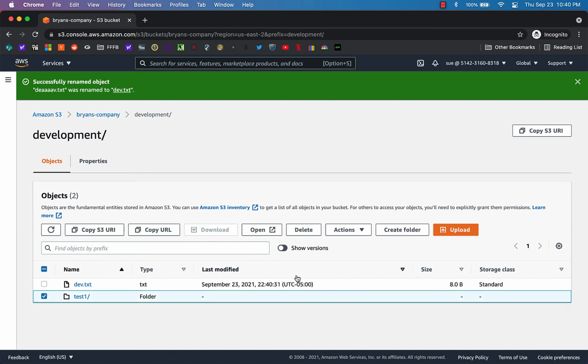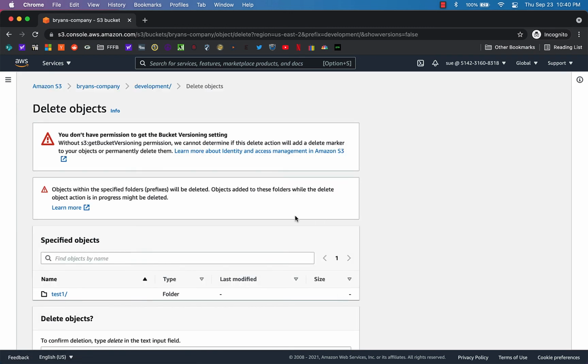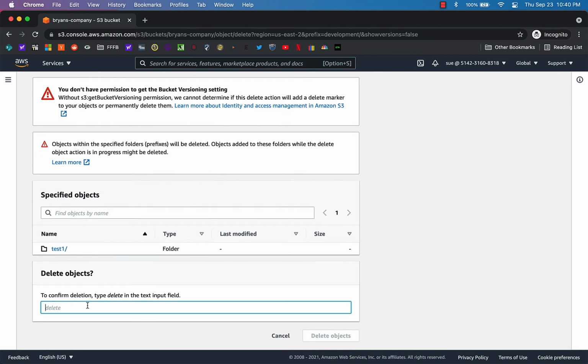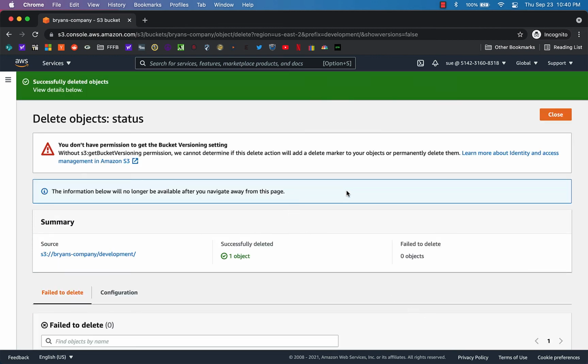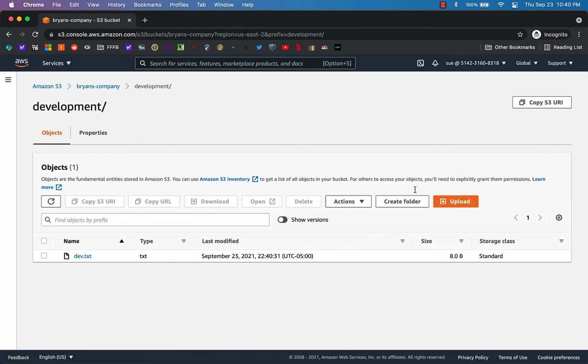If I try to delete the folder, it tells me I don't have access to the bucket versioning, but it looks like it's still allowing me to delete that object. Okay, so it was successful. I should be able to close out of here. So you're seeing that I can delete the folder. And then it looks like I'm able to do the things that I need to do in the development folder,